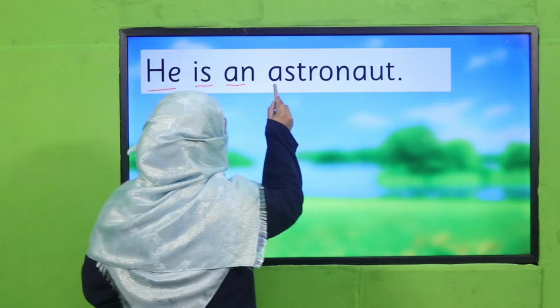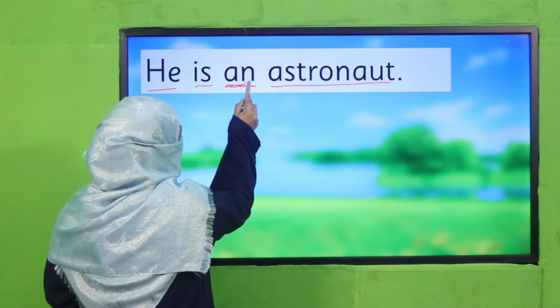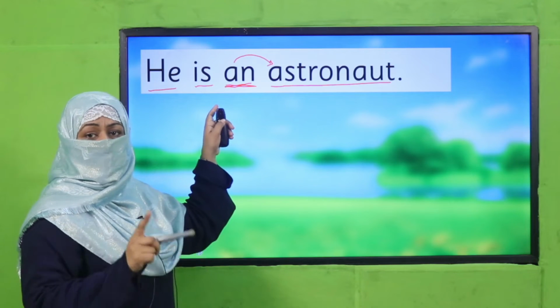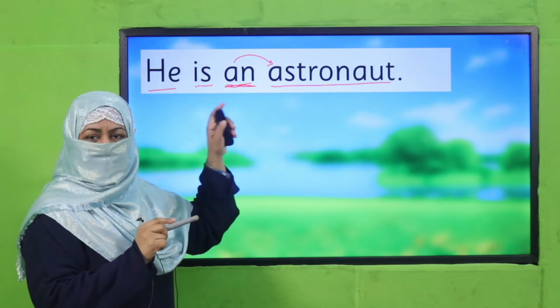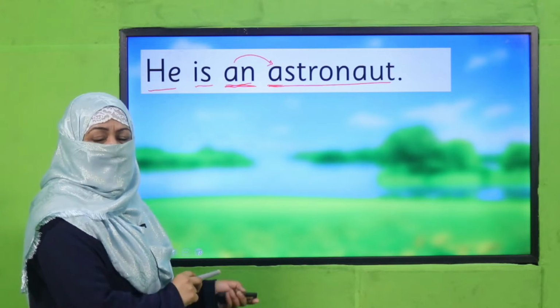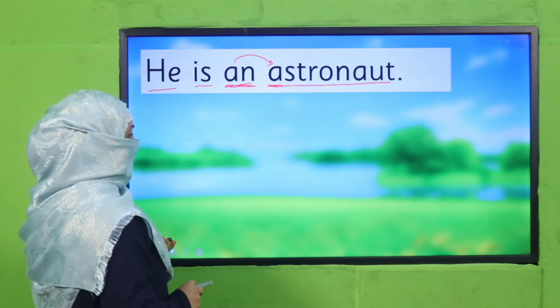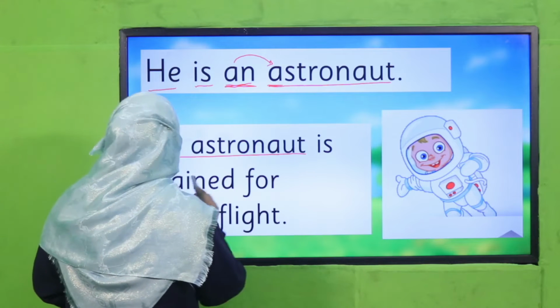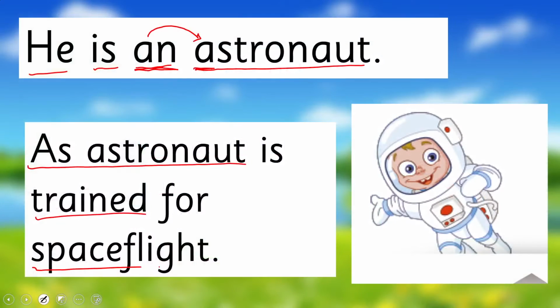He is an astronaut. So why have I used "an"? Because, in general, "astronaut" starts with a vowel sound. That's why I have used "an". And an astronaut is trained for space flight. Okay, so again,